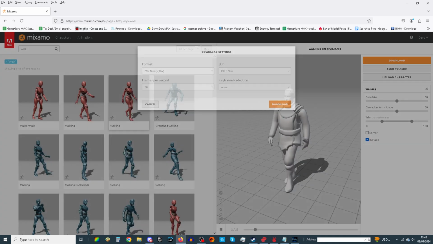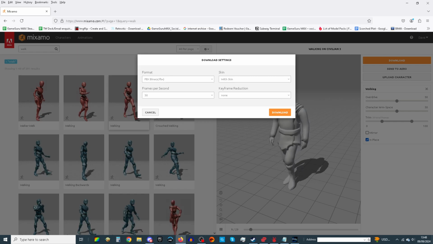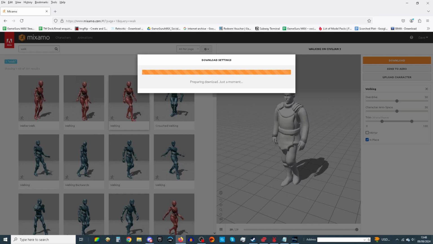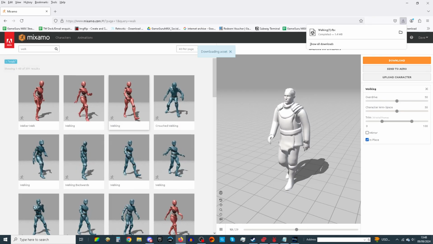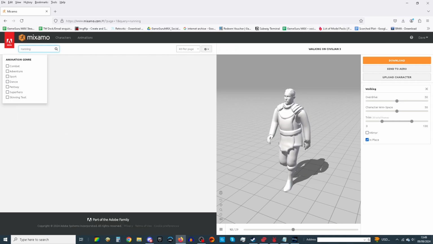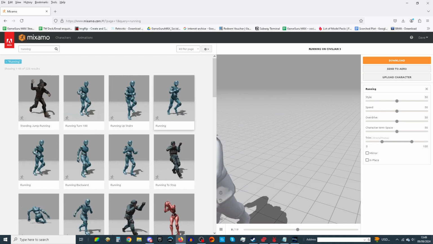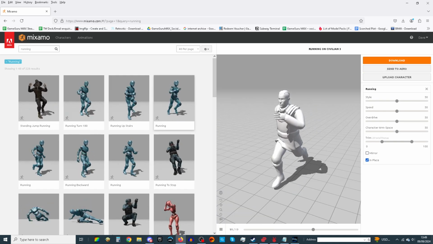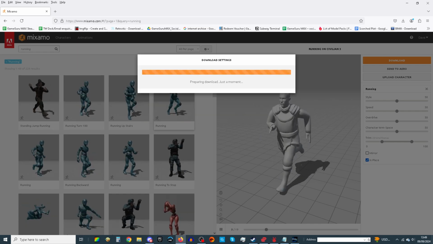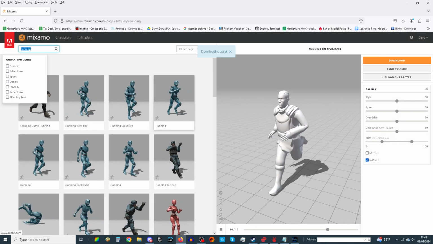Okay, so if we just download that one, and here we want them to set FBX and with skin. Okay, downloading that. Okay, there we go. So now we're going to do one for running. Yeah, there's a run. Again, make sure the in place is clicked and download. Okay, and then you're going to want to carry on finding ones for things like idle,